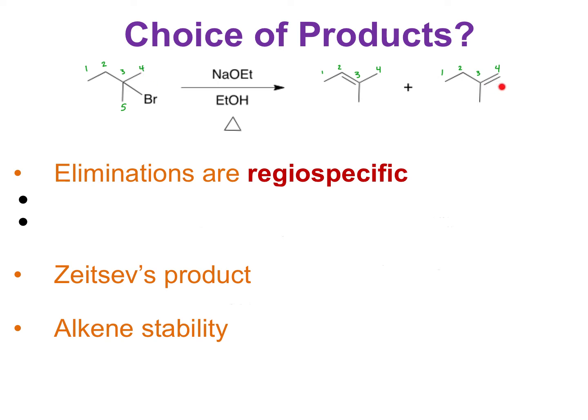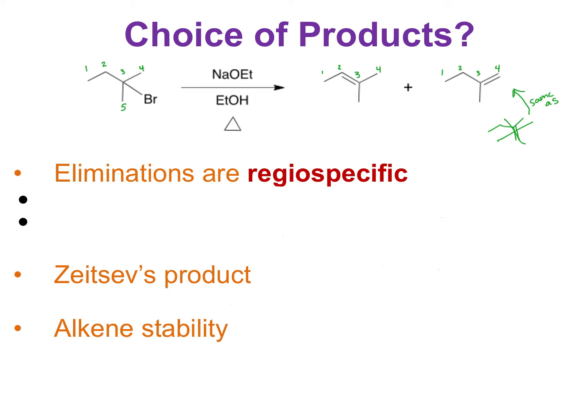I could also take the hydrogen off the carbon on the bottom here, but then that's going to make this product. And if you look, that one's identical to a different product. Which one is it the same as? Right? It's the same as the one on the right. So I don't need to draw that because it's identical. Okay? So the question is, are we going to get both products or is one of these going to be